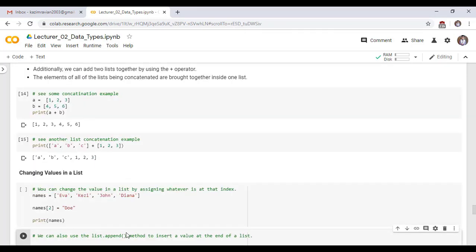Next, changing values in a list. You can change the value in a list by assigning whatever is at that index. For example, we have a list names and it consists of the following elements: Eva, Cassie, John, Diana. And now we change the